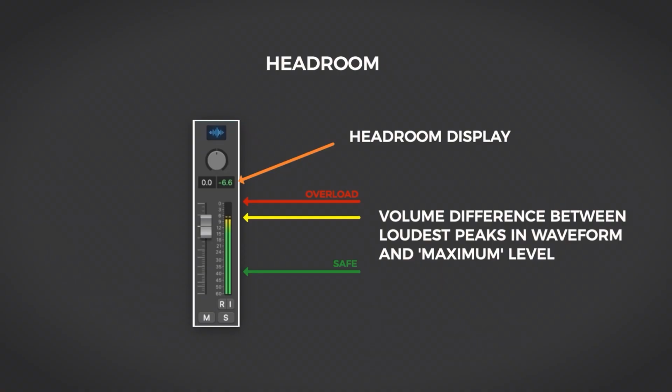We refer to the volume gap between the loudest part of a signal and its potential maximum volume as headroom, and it's hugely beneficial to leave enough headroom, not just on individual channels, but when we're summing those channels down to submixes or sending them directly to the stereo output 2 bus. Again, use gain plugins, the volume faders, or volume automation to get levels under control.